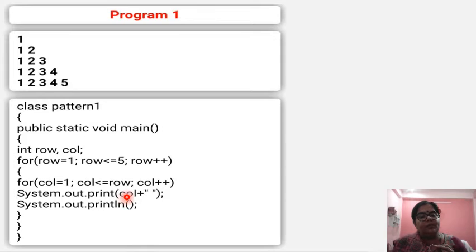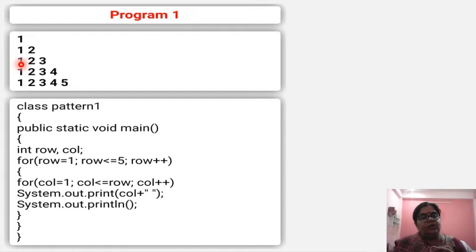Column is 1, first it will print 1, since it is going to work till 2, because the value of row is now 2. First it is going to print 1 here, and then again it will come to the inner loop, and column is 2, row is also 2, and it will print the value 2. Again this will terminate because the condition will now be false. When it becomes 3, then it will come here and row has become 3.